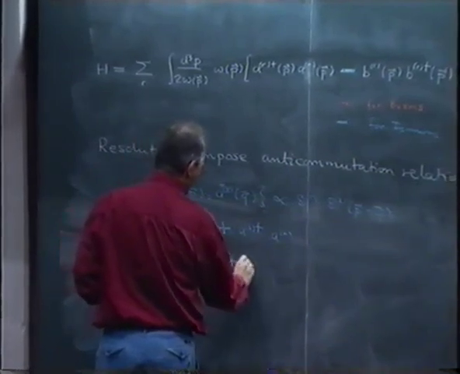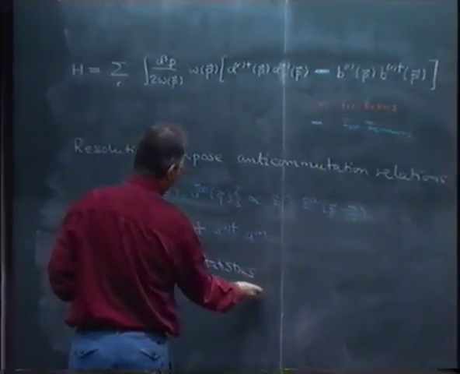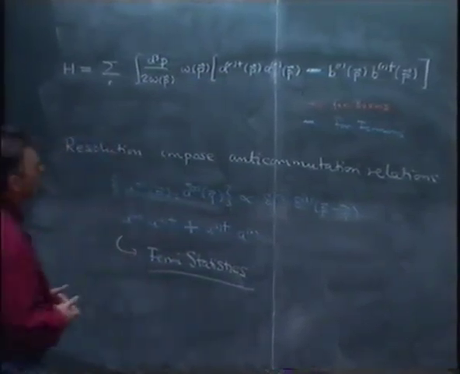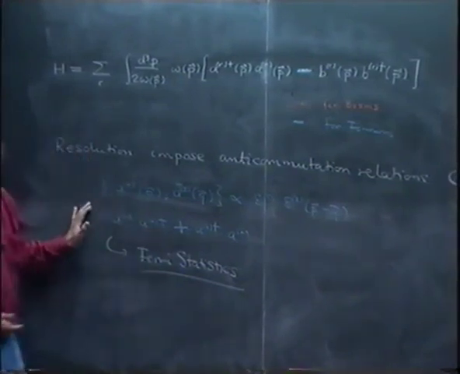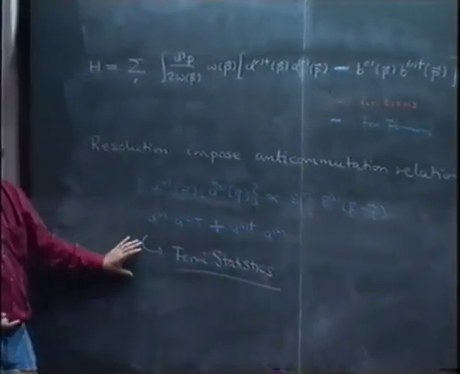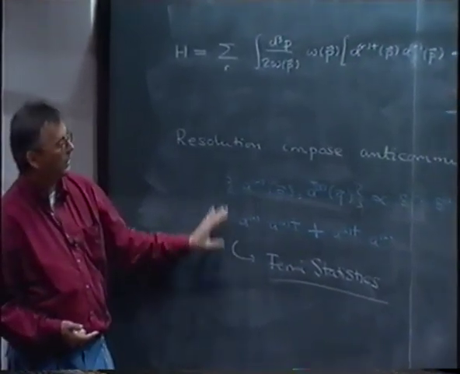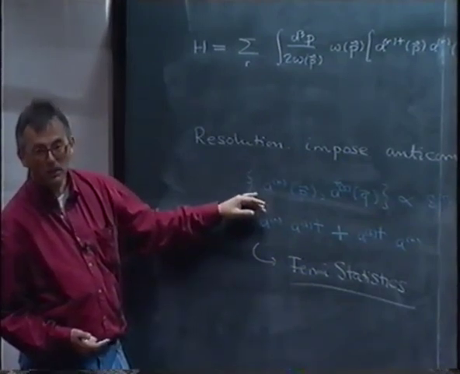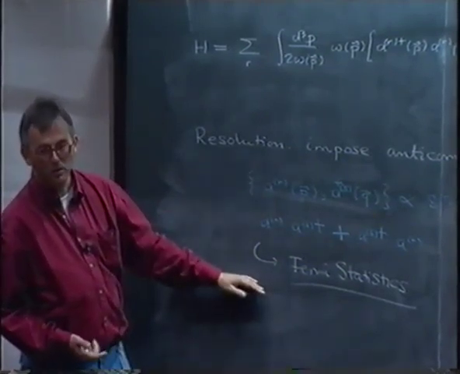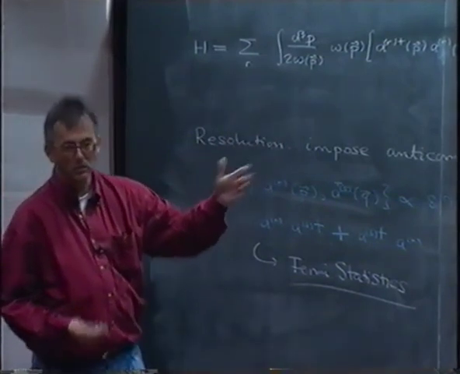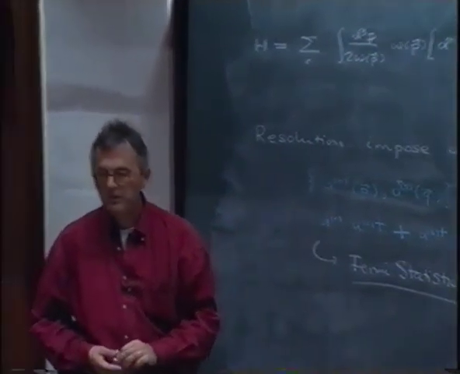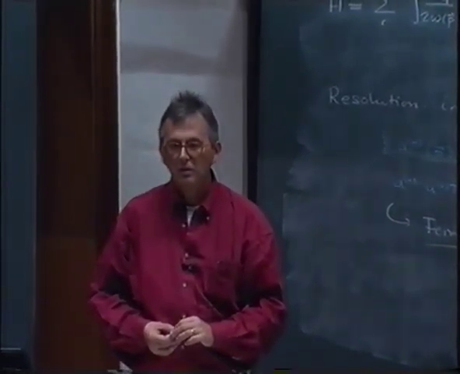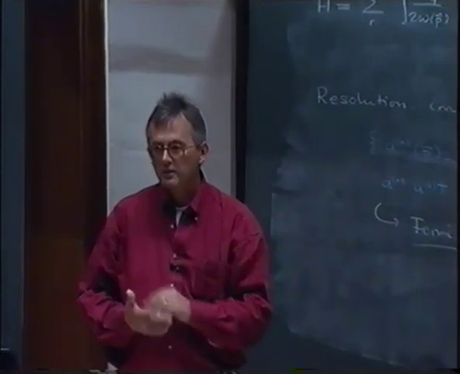Now it's a general theorem of quantum field theory that this is generally true if you have spin 1/2 or spin 3/2. You always have to impose anti-commutation relations, and you always end up with Fermi statistics, whereas if the spin is integer valued, you always have commutation relations, and you end up with Bose statistics. Here it came out as a special case, but this is one of the few rigorous results of quantum field theory. It's called the spin-statistics theorem, and tells you it's always true.